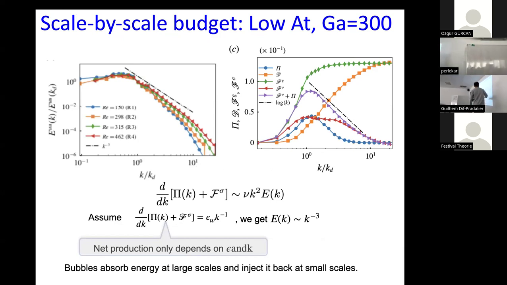So what do I mean by that? If we look at the green curve, this is the curve which tells you about the injection up to a given scale. It's not injection at a given scale, but injection up to a given scale. So if you wanted to find out what is injection at this scale, you have to take a derivative of this curve. All right. So if you take a derivative, you clearly see that most of the injection is taking place around the bubble diameter, which is all right.